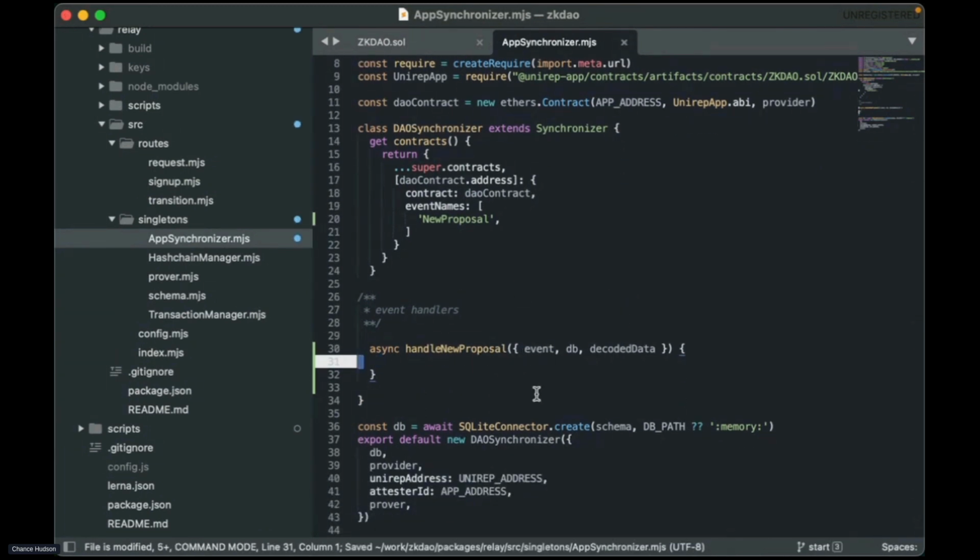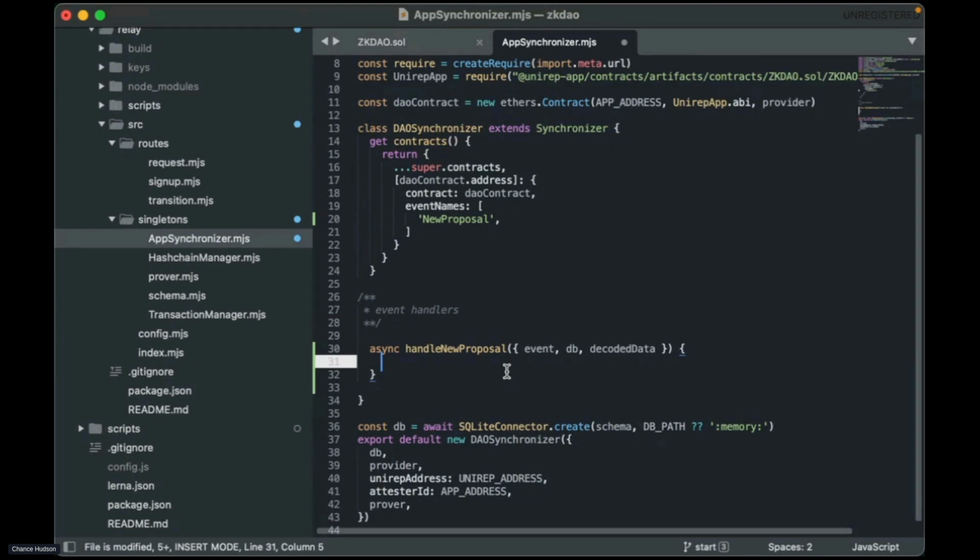Right, so we need to improve the documentation on the synchronizer, but I'll briefly talk about this. This database is the reference to a database transaction object. So this function is going to be called in the context of a database transaction, which means anything you do here is atomic. If you throw an error from here, then all the changes that you've made in this function will get rolled back. So you can't leave the database broken. You can close tabs, you can do whatever, and it's safe. Yeah, the way that we do this is super opinionated.